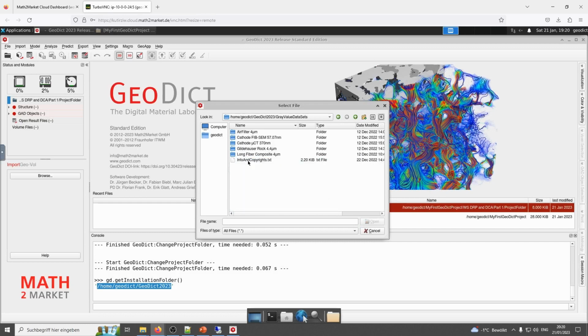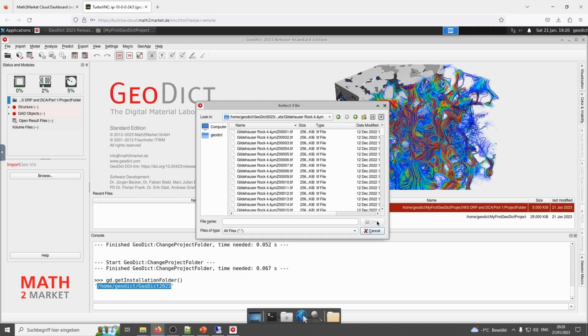Double-click. Gildehauser rock 4.4 micrometer. Remember this value of the image resolution. To open the file, click Open and select any of the images. Click Open.